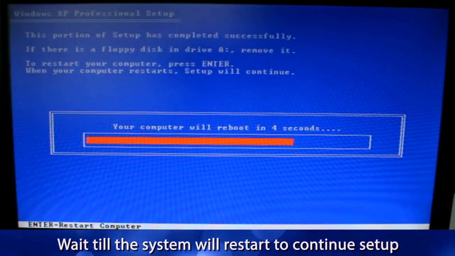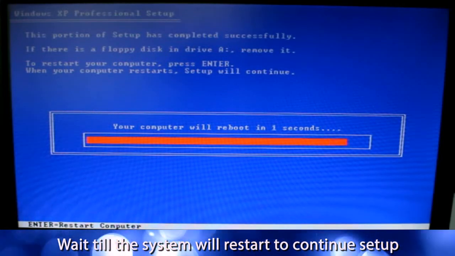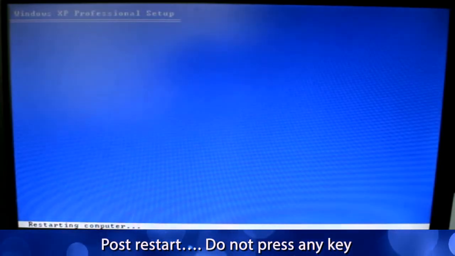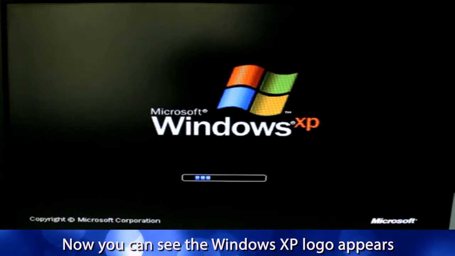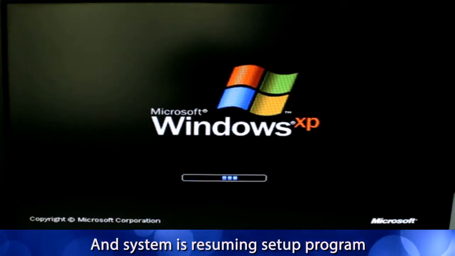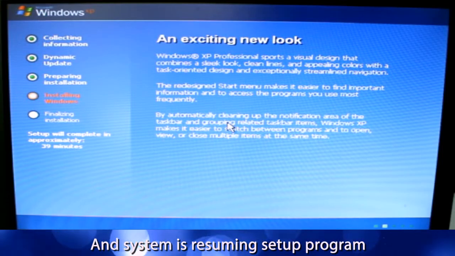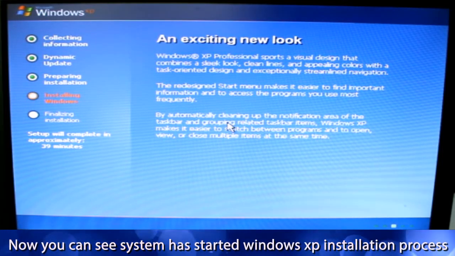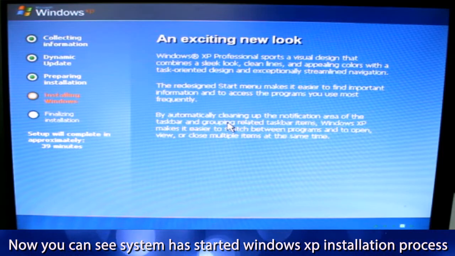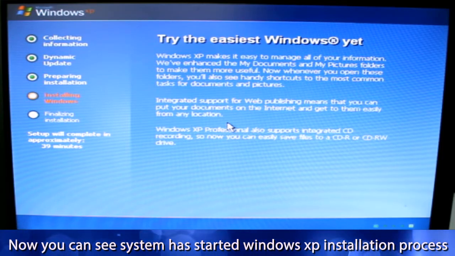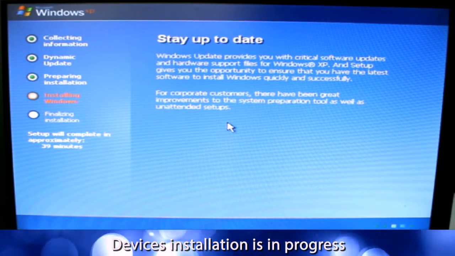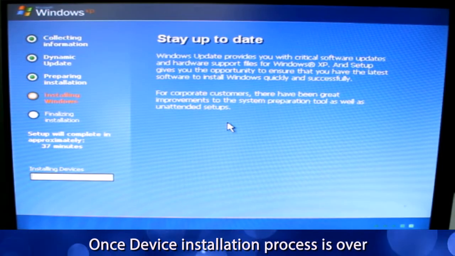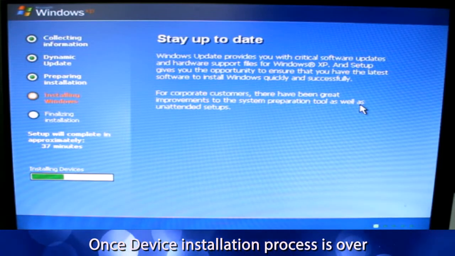Wait till the system restarts to continue setup. Post restart, do not press any key. Now you can see the Windows XP logo appears and system is resuming setup program. Now you can see system has started Windows XP installation process. Devices installation is in progress. Once device installation process is over,